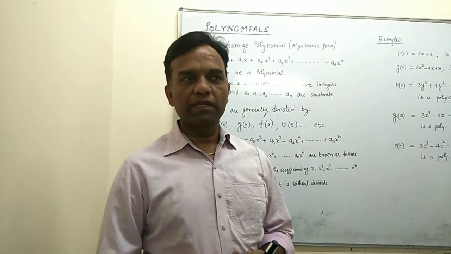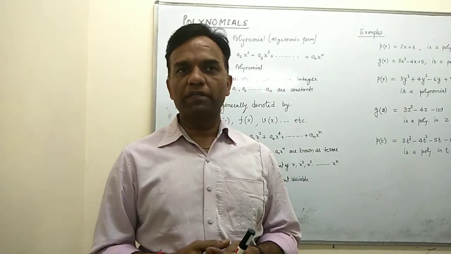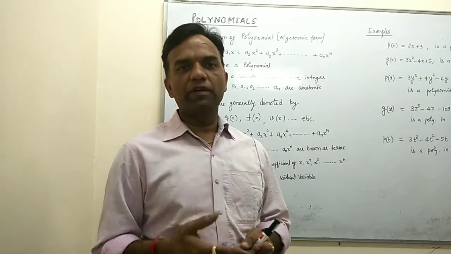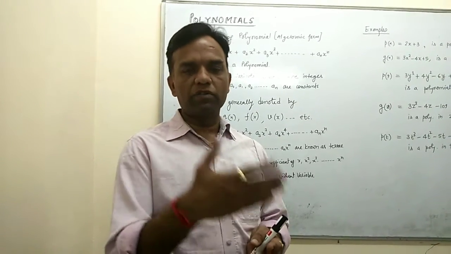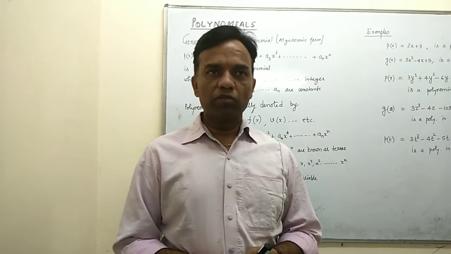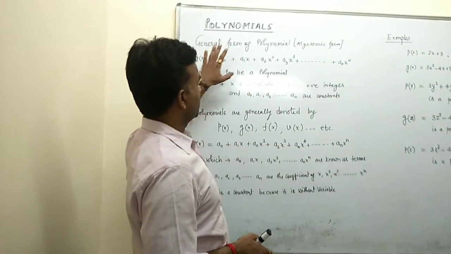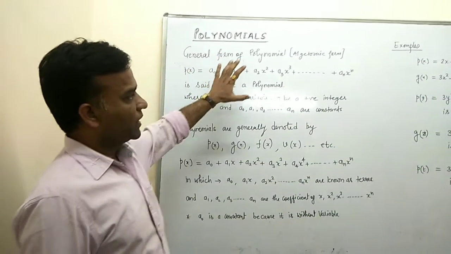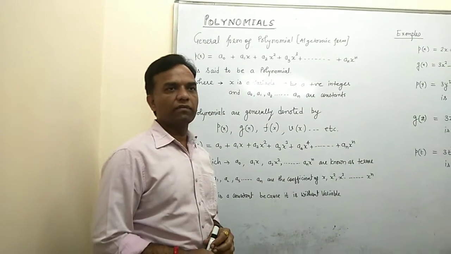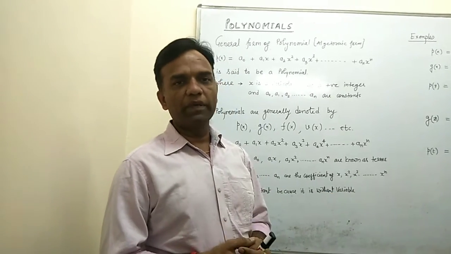Okay, first we describe what a polynomial is. Here we define the polynomial, and then discuss its terms, coefficients, constant terms and variables, all of these things. So first we write the general form of a polynomial, which is known as the algebraic form of the polynomial. Algebraic means we show combinations of constants and variables.